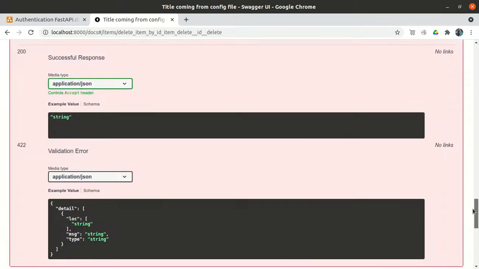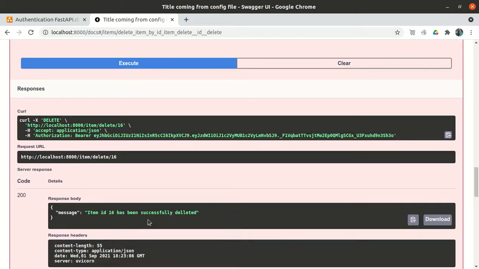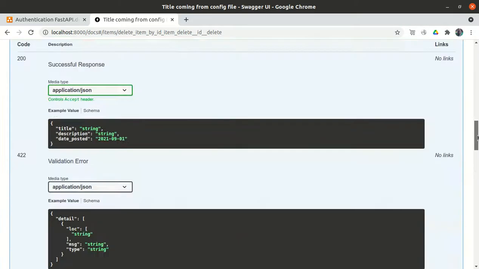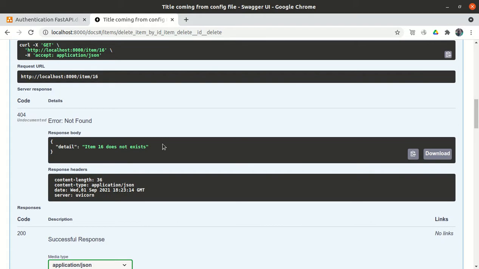So let's try to delete item number 16. Execute it. So item number 16 has been successfully deleted. If I retry to fetch, execute, now it says item number 16 doesn't exist.